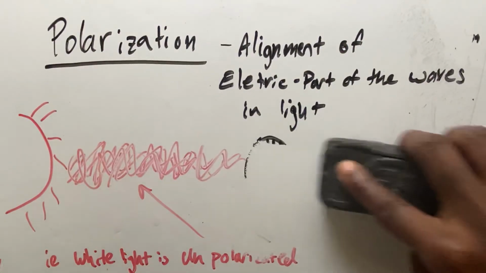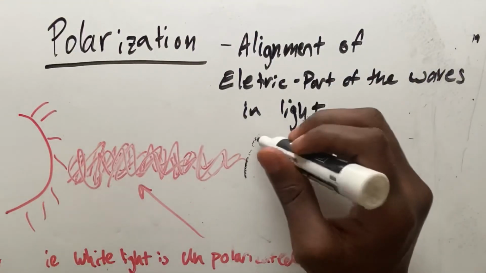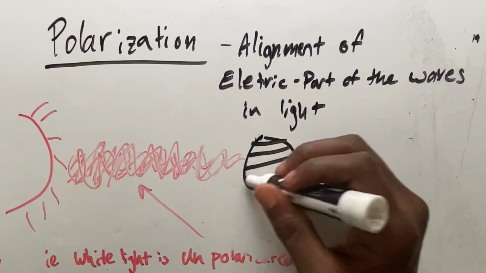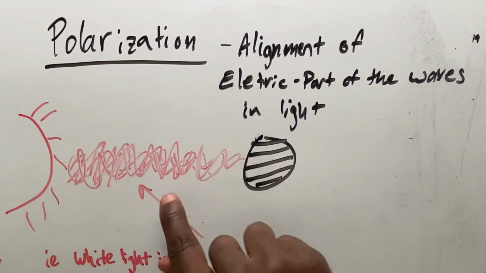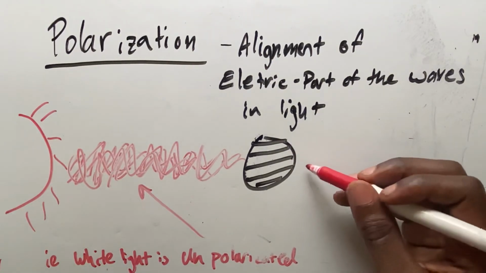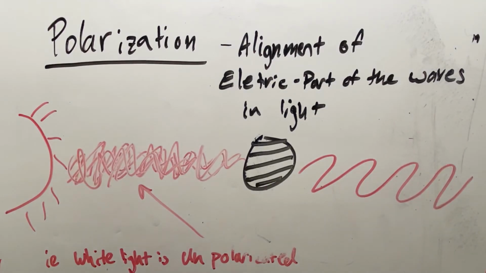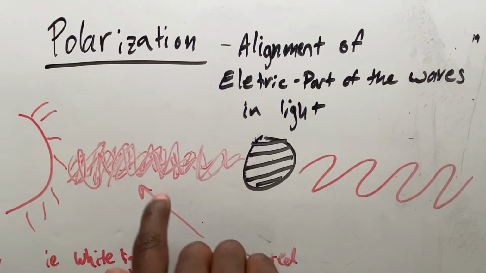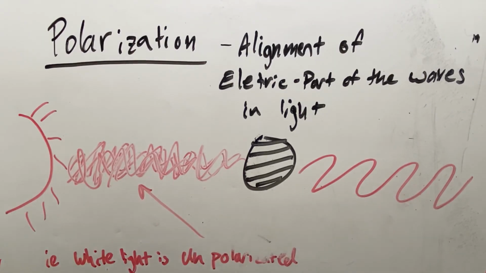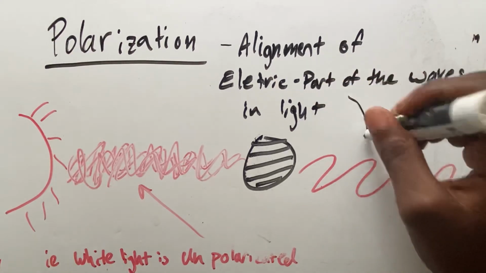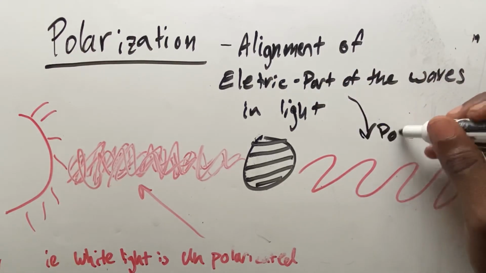So same thing if the polarizer were in the left and right direction, kind of like this. Then once the light passes through there, it's going to be going in that direction. Boom. So unpolarized light, polarized light. So this is polarized.